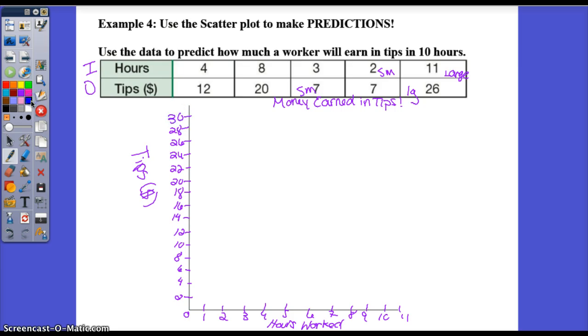Now let's just go ahead and plot. We have 4, 12, so over to 4, up to 12, plot your point. 8, 20, over to 8, up to 20, plot your point. 3, 7, so they worked 3 hours and made $7. They worked 2